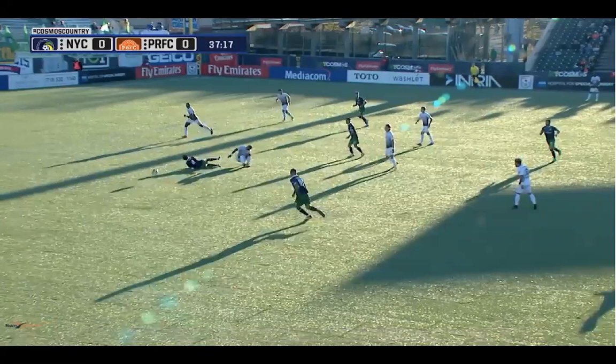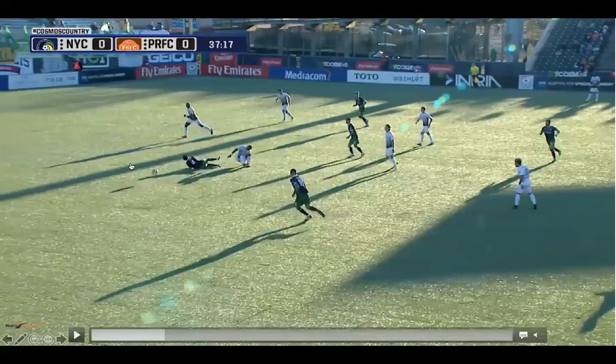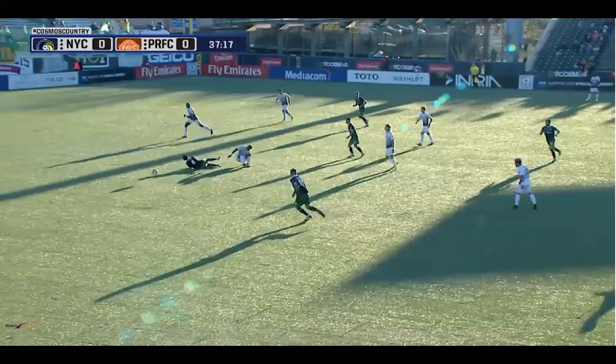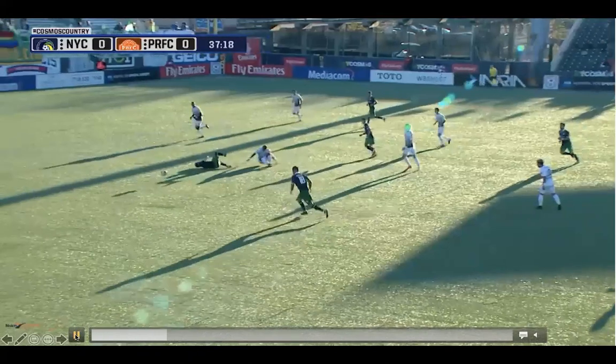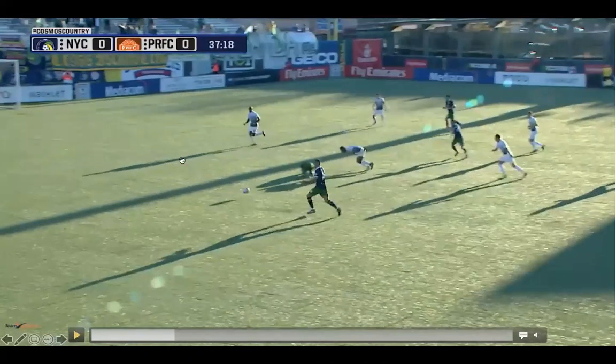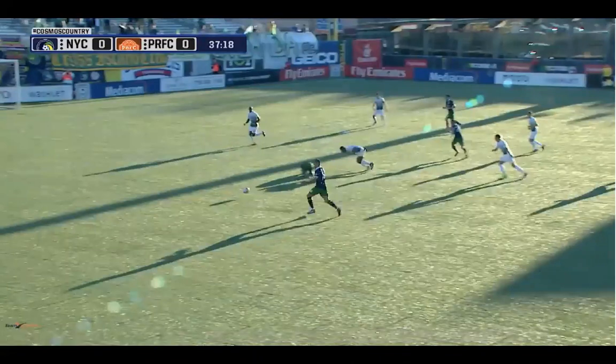The next thing is potential for an attack. Potential for an attack is where we talk a lot about space, time, and options. Is there space for this player to attack into, and does the player have options? And in this case, as he gets the ball, the answer is clearly yes. Tons of space to attack into, and he's got players who can get going and provide some options for him. So the potential for attack is clearly there.